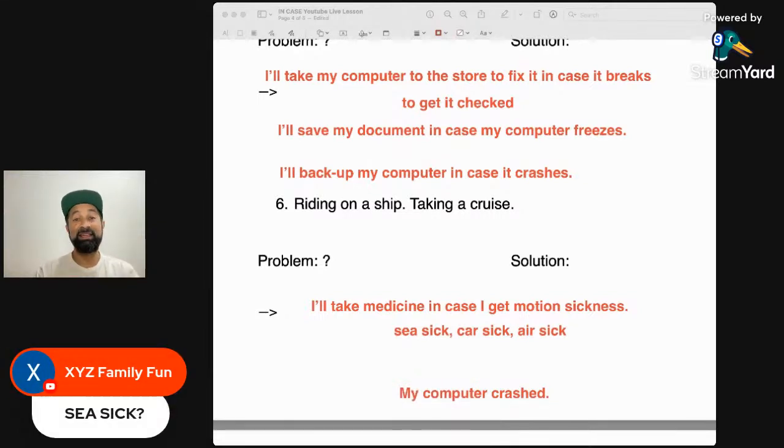XYZ, yes. Seasick. Seasick is when you feel, and I'm going to say this word again, nobody's asked me, when you feel nauseous. When you feel nauseous. Does anybody know what nauseous means? I'm going to put it onto the screen here. Nauseous. It's a quite funny spelling.